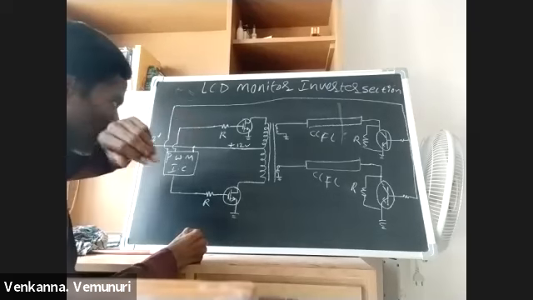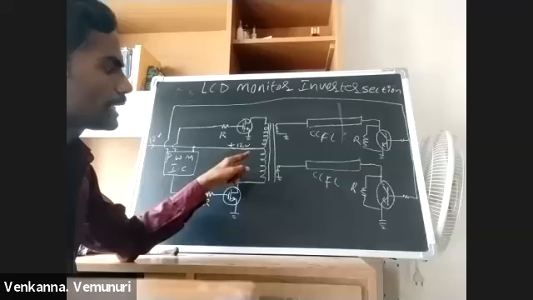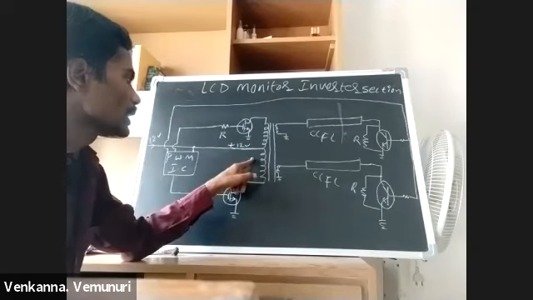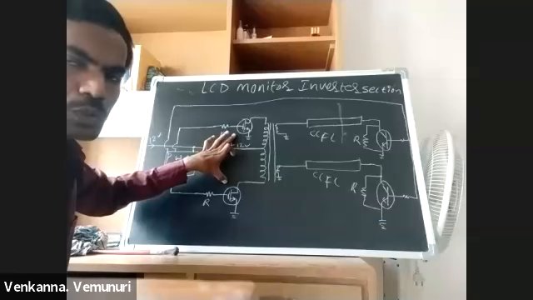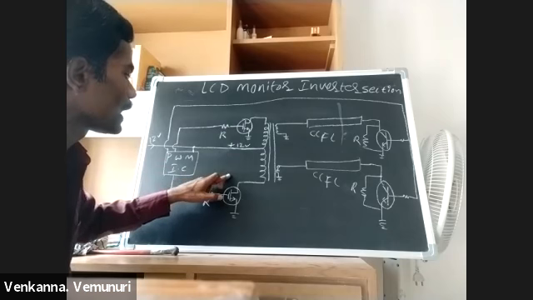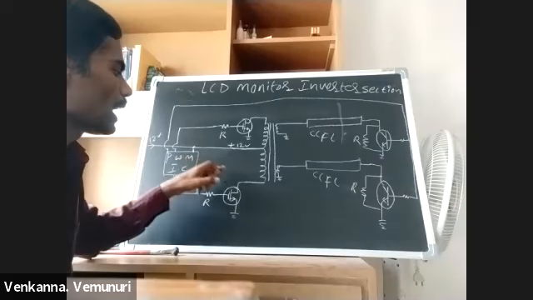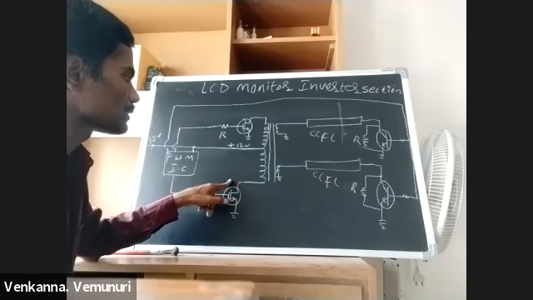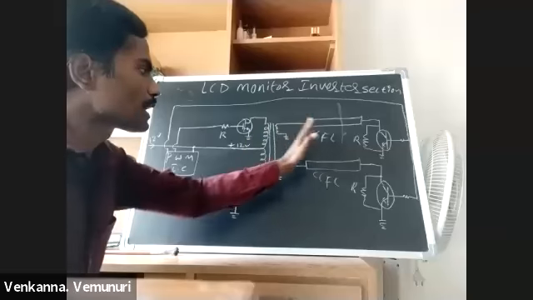Now, this SMPS provides 12 volts DC, but any transformer works on AC voltage. So here we are converting this DC to AC, and for that purpose we use two switching FETs. These FETs are switched with the help of switching signals generated by the PWM IC, converting DC to an artificial AC voltage. With that AC voltage, the transformer works and gives the output voltage.